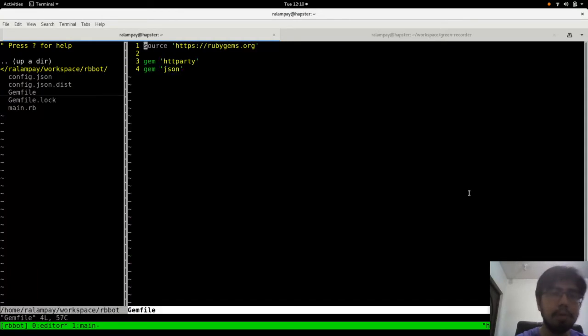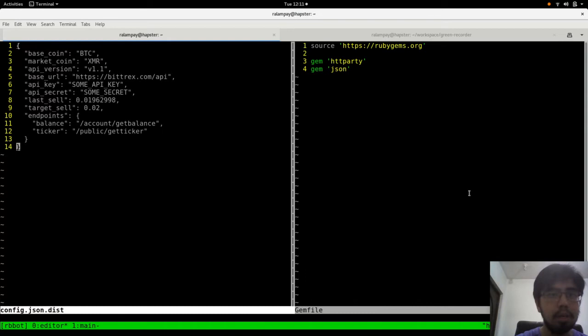So I have my usual, it's actually just a plain old Ruby app. I'm just using Bundler to manage my dependencies, and I'll only be using two in this case: HTTParty to actually fetch the values, and JSON to have a config file right here, which will store the necessary parameters when querying against Bittrex's API. So in this config file, I have my base coin, which is BTC, and let's say